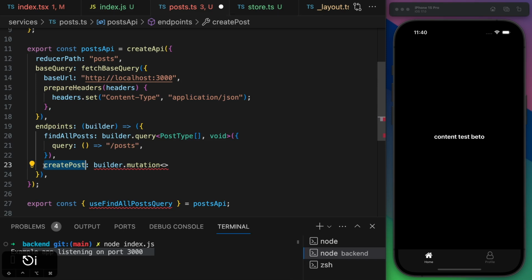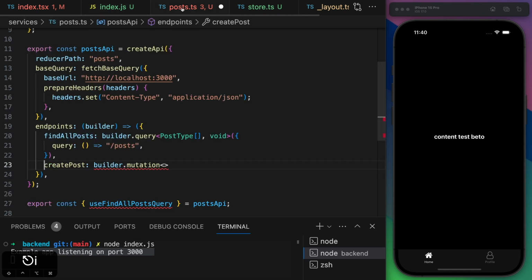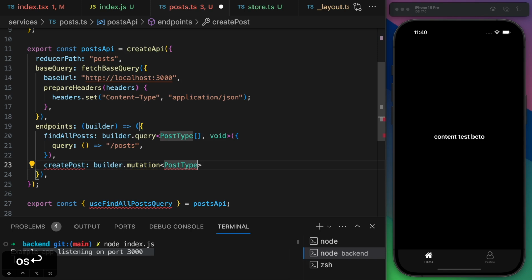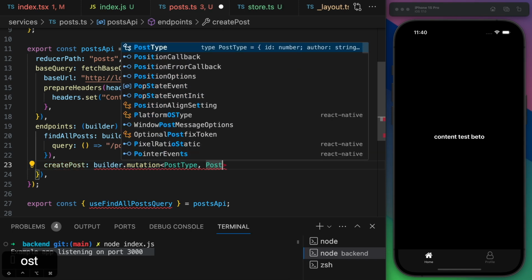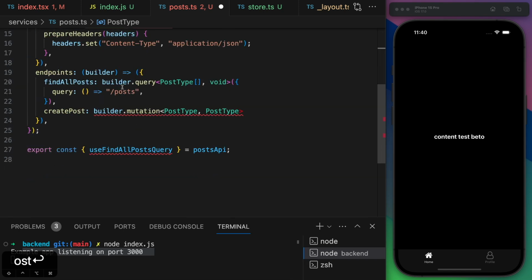So the query for creating a post is going to return a post, right? So we should say that we are going to get a post type here. And we are going to pass a post type as well, although we are not really going to pass the ID or the created and updated at. We are just going to pass the author and content. So I guess a better way to do this would be creating another type, or simply creating a destructure